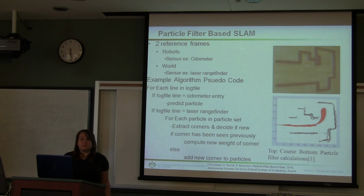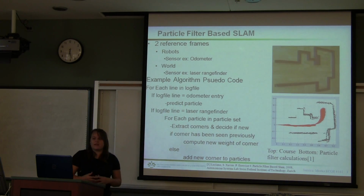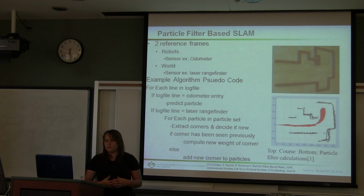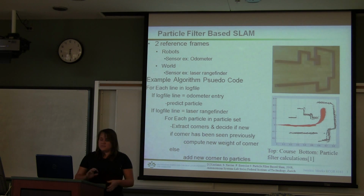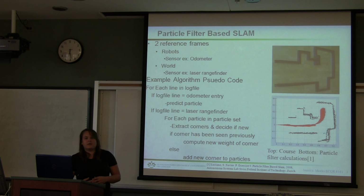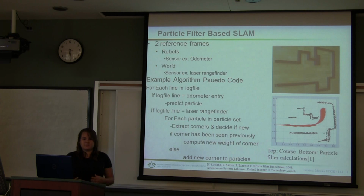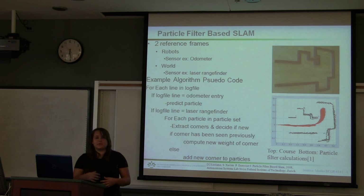My name is Jessica Meeks. I'm going to be doing the particle filter-based SLAM. It's basically an algorithm for sensing individual particles in order to map out and localize the robot. In this case, it works off of two frames of reference: the robot, which is typically sensed through the odometer as to how far it's going. This helps with localization. And the world, which is typically sensed with a laser rangefinder,